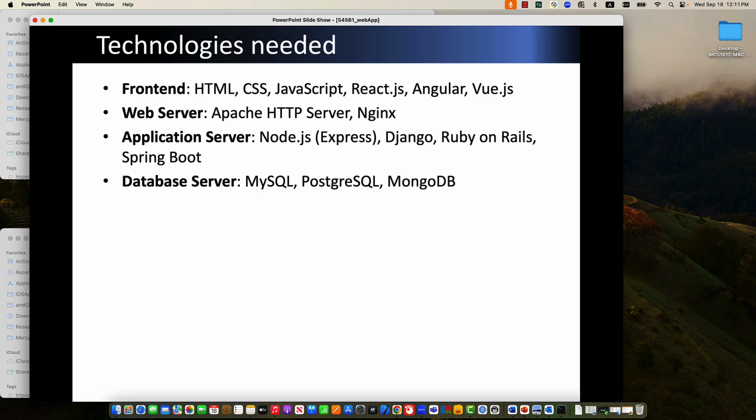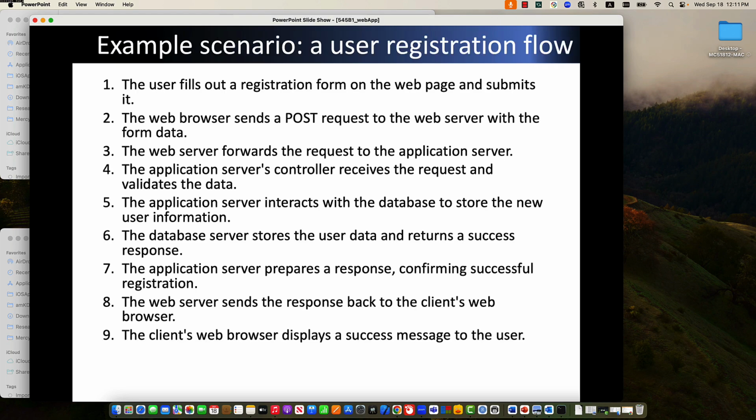Web servers, Apache in our case. Application server, we looked at already, but in our case, PHP. Database server, MySQL. Example scenario for these things, but when you can think of this for your